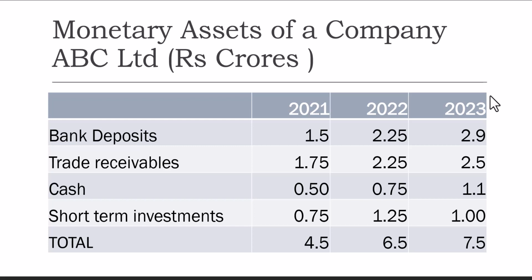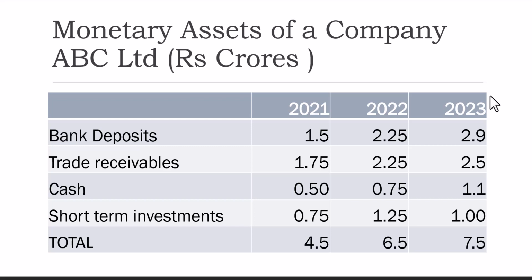I'm just giving you this example: there's a company called ABC, and the numbers are in crores. The last 3 years' numbers are given on the screen. They have bank deposits of 1.5 crores in 2021, a bank balance of 2 crore 25 lakhs in 2022, and in 2023 bank deposits of 2.9 crores. Trade receivables numbers are given on the screen. Cash balance is there. Short-term investments are there. Overall, every year they have 4.5 crores in 2021, 6.5 crores in 2022, and